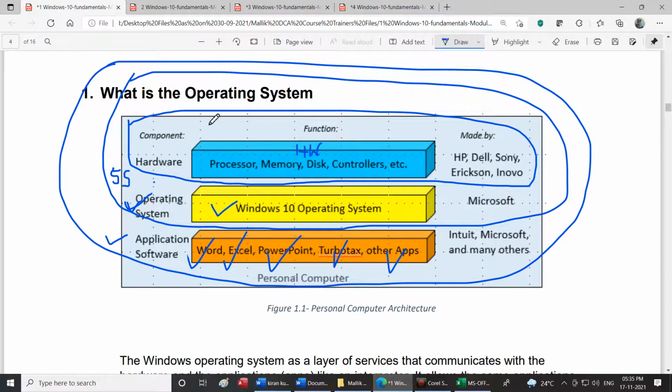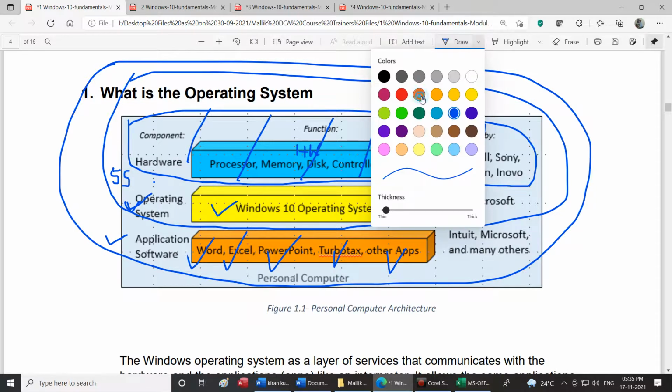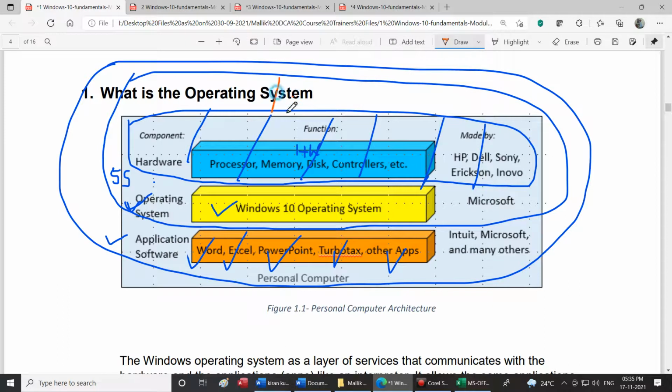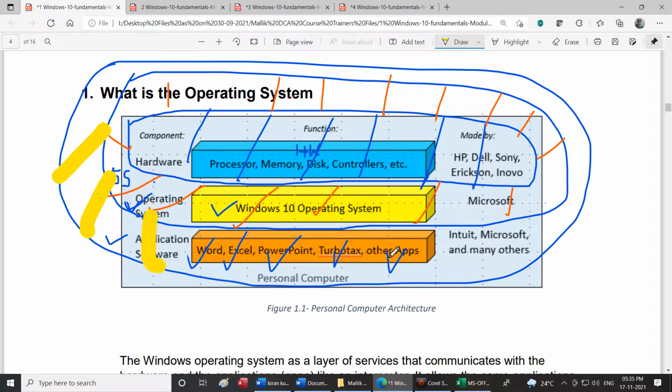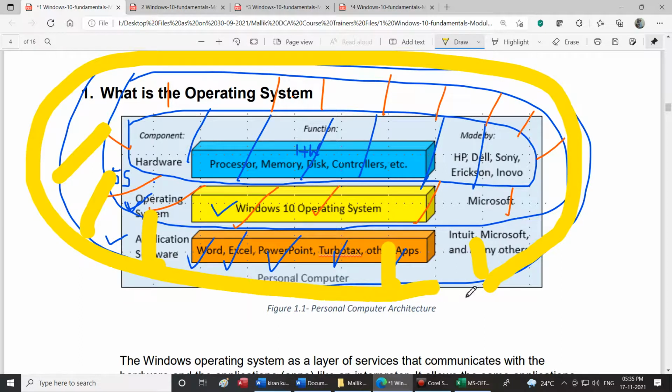Again, a small repetition. This inner part is called hardware. Above this hardware is going to sit the next layer, which we call system software. Because the software is divided into two parts, we call it system software and application software. The next layer is going to be called application software. So this entire layer above is called application software.